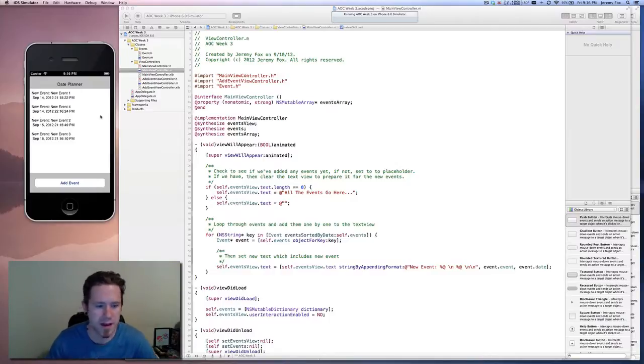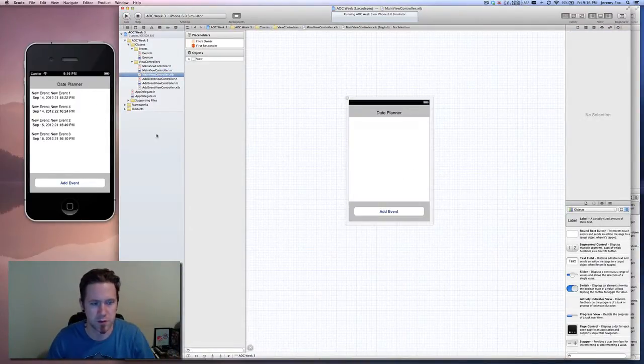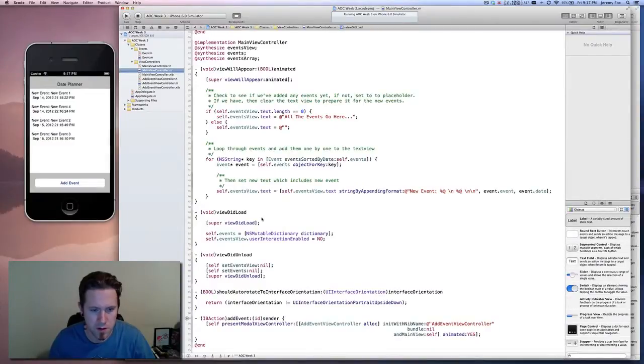So that's the app. If we look at the code, we have a main view here, which will show you the nib, which you can see is this view over here in the simulator. That's all it is really, a label, text view, and a button. The button is wired up to an IB action, add event, which just presents the add event controller